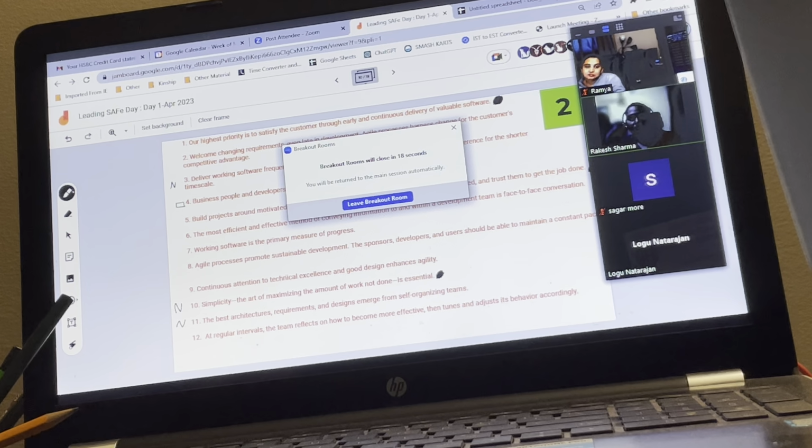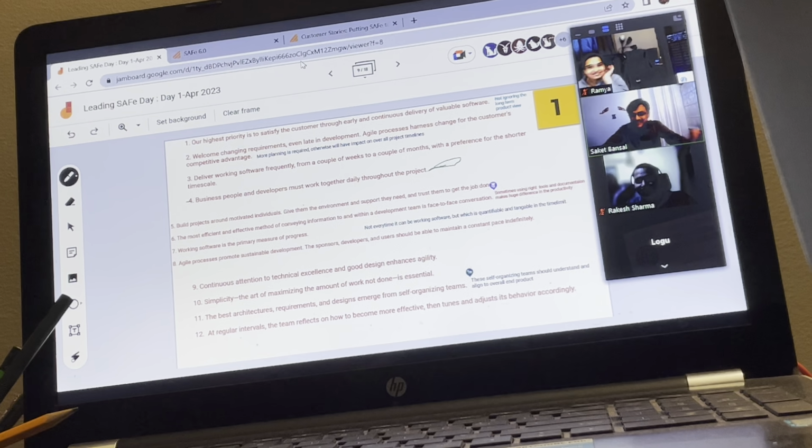Okay, so maybe the room was also doing an activity of reviewing the Agile Manifesto principles rather than reviewing them from a SAFe perspective. Yeah. That was not the intention though. We were more focusing on where we need to make some change in order to make it scalable. But still we can review.